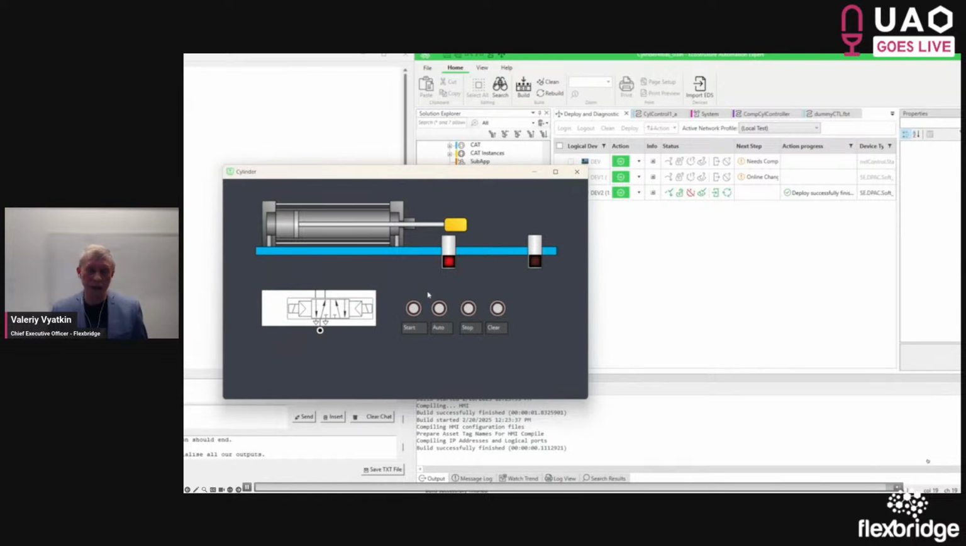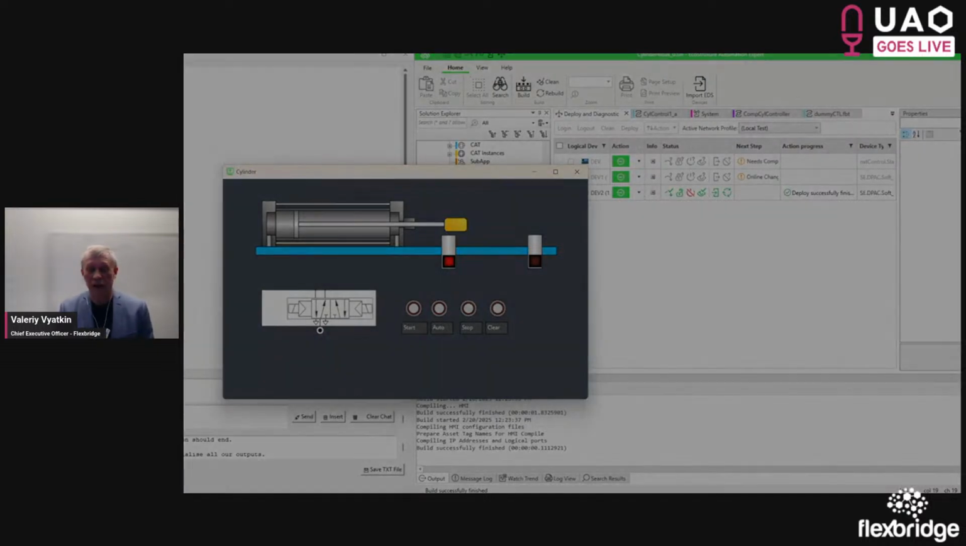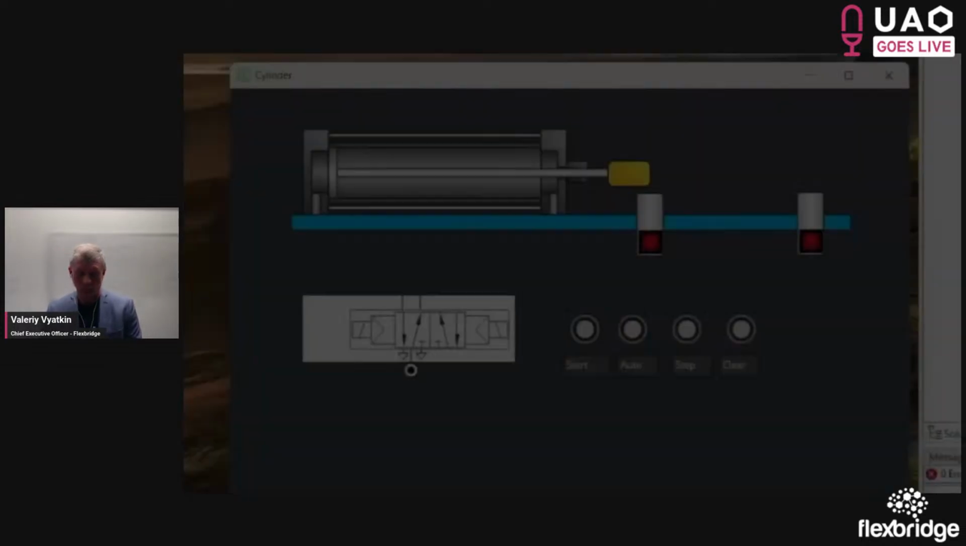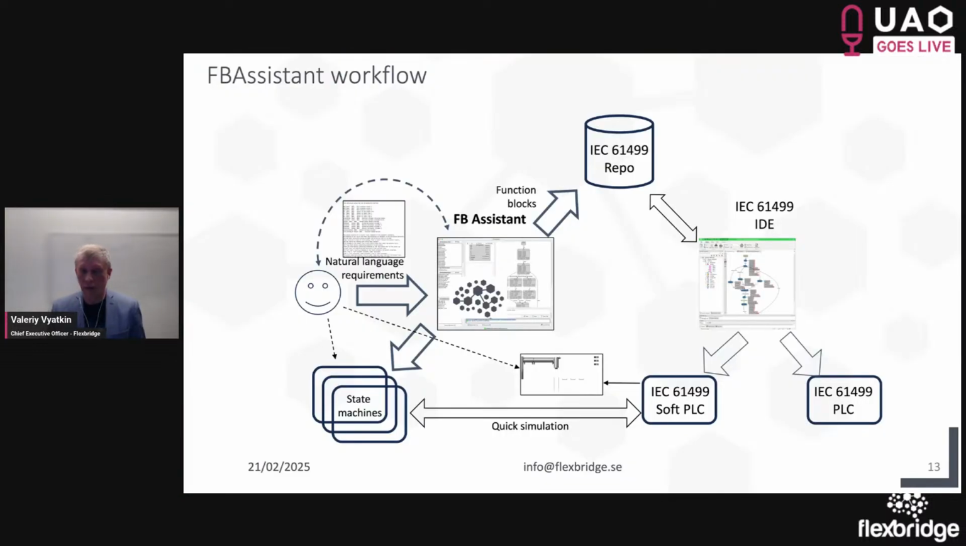Okay, so with this, we have demonstrated the first use of function block assistant on the Mickey Mouse example of a pneumatic cylinder. Let me now reiterate what we have seen. So we have seen that we started the development with natural language requirements and with an empty